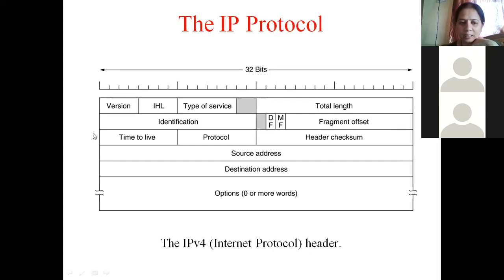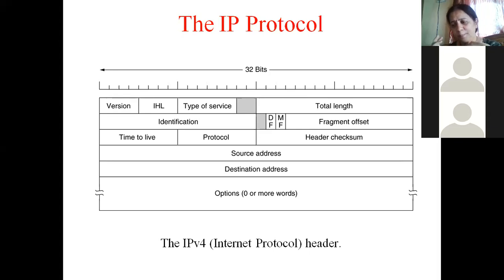Then comes another field, which is 8 bits long, which is called the time to live field. Now this time to live field is like an age field, which is decremented at every hop. If the time to live field reaches 0, and if the packet doesn't reach the destination, maybe it is getting hovered inside the subnet itself. So if time to live field becomes 0, this packet is as good as a dead packet. So it is going to be ignored and discarded, and the packet is going to be retransmitted.